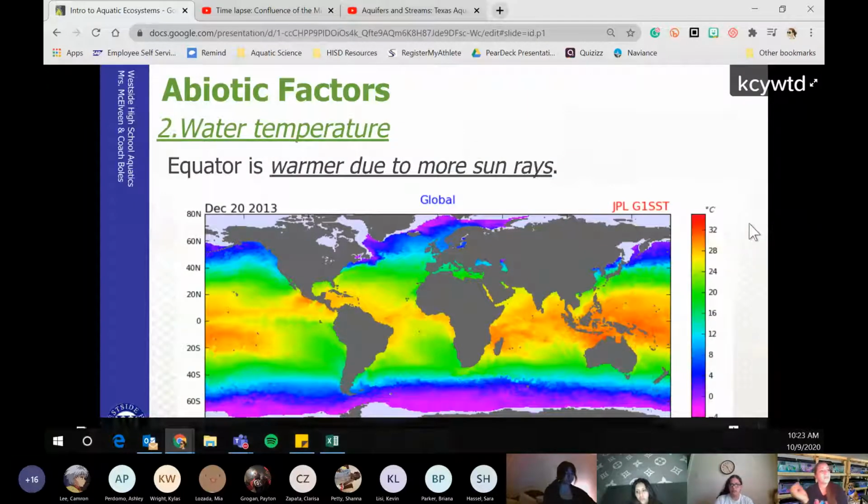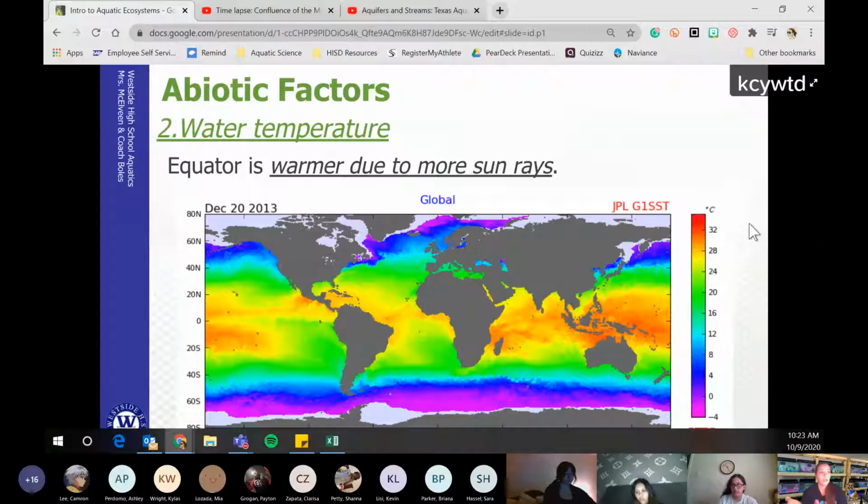All right, so the water temperature is another abiotic factor, and it's warmer at the equator because it gets more rays from the sun. You don't have to write that down if you know it because it's common sense, but do know that around the equator, it is warmer. You can see that here in this diagram. And that's because that part of the globe is round. That part sticks out further and it is closer to the sun, so therefore it gets more of the sun's rays. The poles are tilted off to the side and they're angling away or underneath where the sun would reach them.